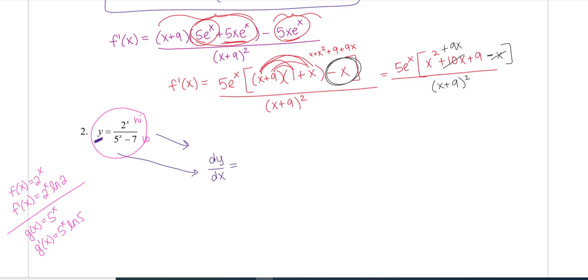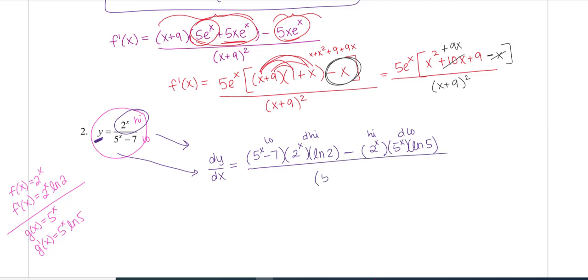So I'm going to apply quotient rule. So it's low, so I'm going to copy down the low. D high, now here's where I need that derivative of 2 to the x. So it's 2 to the x times natural log of 2. That's my low D high minus my high, and make sure you're keeping your parentheses here, D low, and the derivative of the low, I know the derivative of 5 to the x is 5 to the x times natural log of 5, and the derivative of minus 7 is 0. So I have my low D high minus high D low all over low squared.